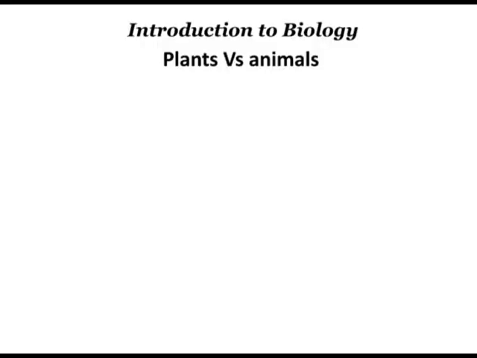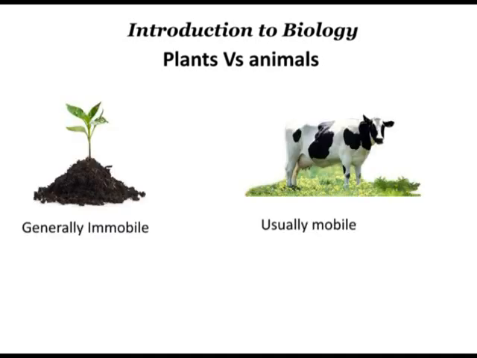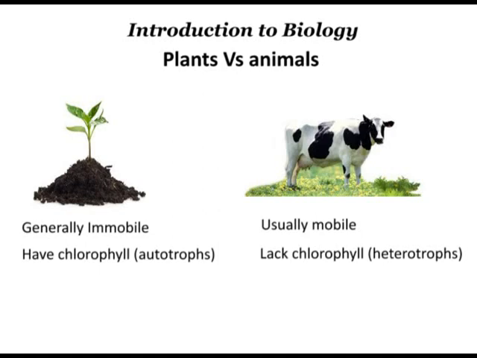Differences between plants and animals. Now, whereas all living organisms share many of these features, plants and animals show fundamental differences. Plants are generally rooted in one place and do not move about, but most animals have the ability to roam about. Plants have chlorophyll and therefore make their own food. They are called autotrophs. But animals depend on plants and other animals that depend on plants.